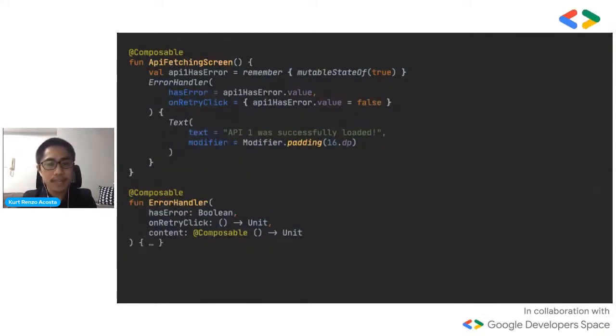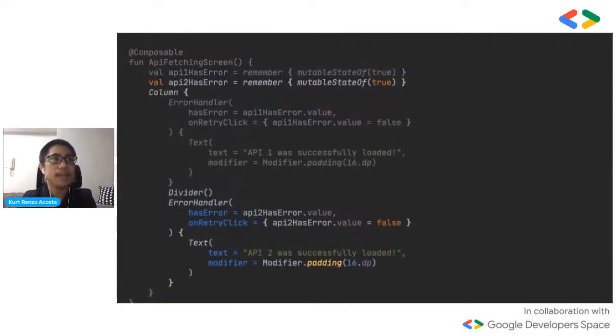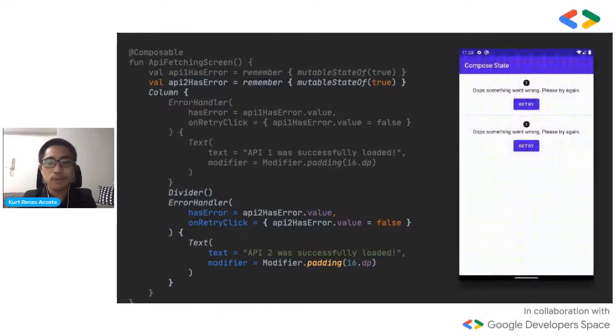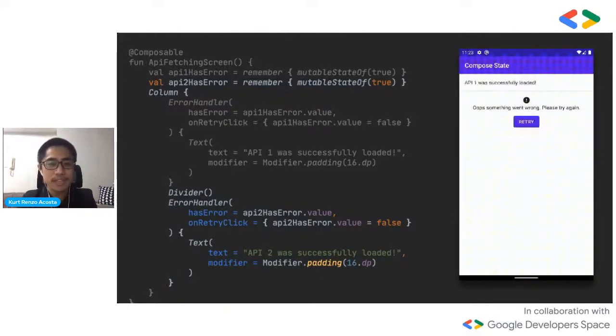So now I want to add my API number 2. There we go, it's used. By adding API number 2, I can just create another state and create another error handler for that state, and just pass in the values that are going to be changed, and it's completely reusable. So now both of those components can live on their own. You can see API 1 living on its own, API 2 living on its own, and it's fully reusable,